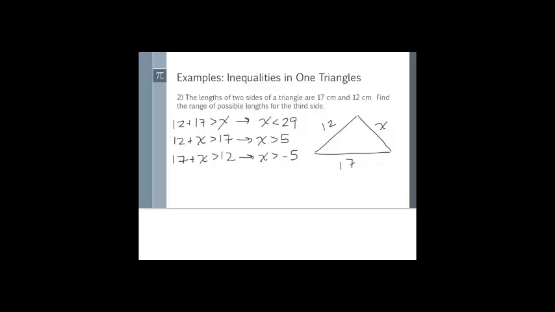It's not that the whole thing is irrelevant, but we're not going to have a negative side length. Okay, we also have this x is greater than 5 here, and if we need to meet both of these conditions, both x is greater than 5 and x is greater than -5, this x is greater than 5 is the one that's going to take care of meeting both of those conditions, because if we're greater than 5, we're automatically greater than -5. So even without the issue of a negative side length, this x is greater than 5 is going to take care of